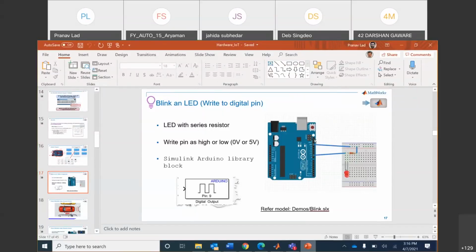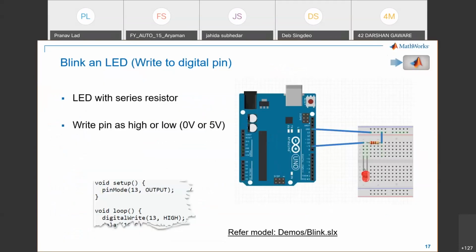So basically the connections that we saw in this particular diagram. We have the LED connected to the resistor, and one end of the resistor is connected to the ground pin, that is GND, on the Arduino board. The resistor is in series with the LED, and the other end of the LED is connected to one digital output pin on the Arduino, right?